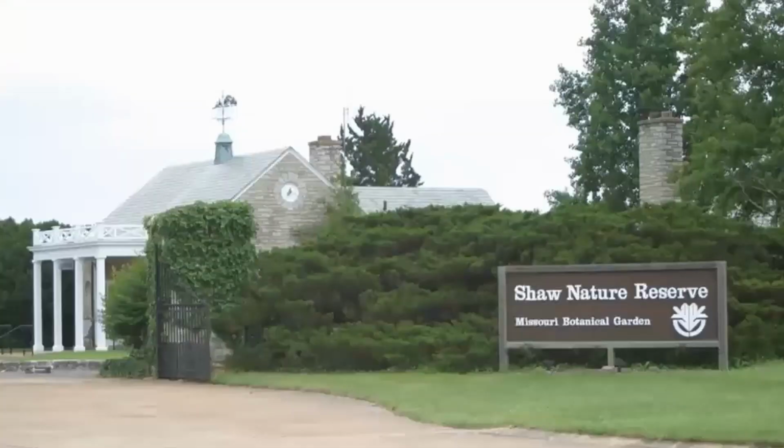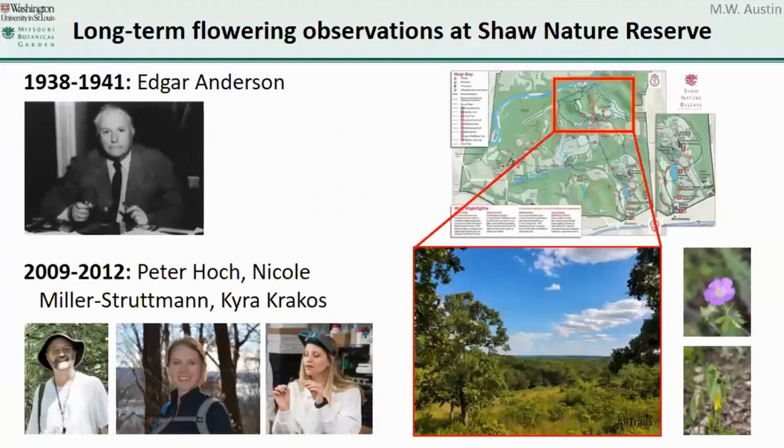So to answer this question, I began collaborating with a group based out of the Missouri Botanical Garden, who holds a long-term data set of field collected flowering data from Shaw Nature Reserve. And this group was led by Peter Hoke, Nicole Miller-Strutman, and Kira Krakos, who around a decade and a half